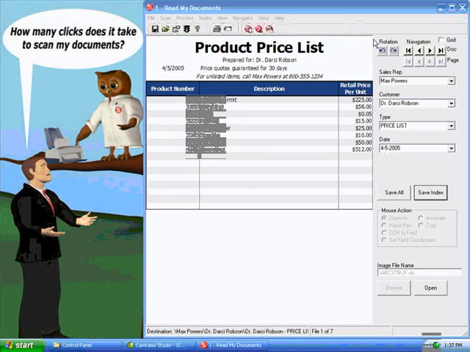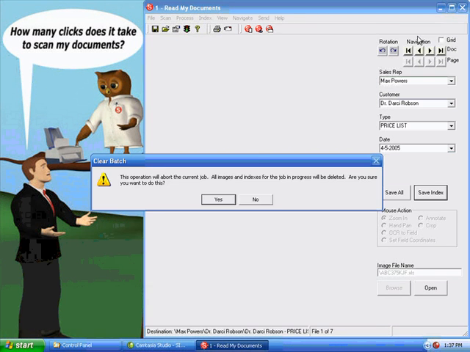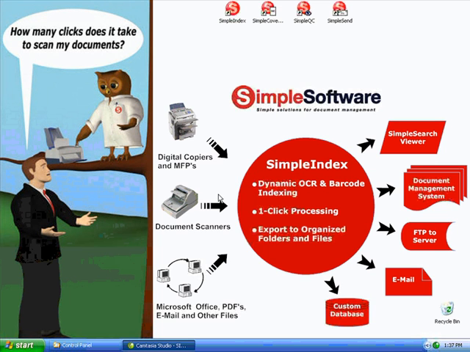So those are some of the things that you can do with barcode recognition and OCR with Simple Index. Barcode recognition is